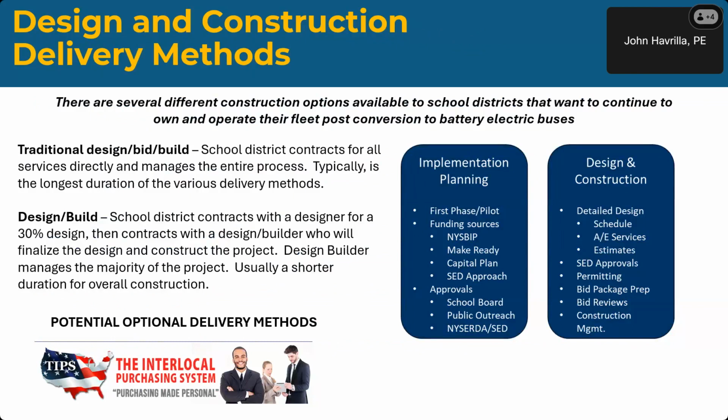Design and construction delivery methods. There are several different ways school districts can go from planning to implementation. Implementation planning: a lot of school districts are doing pilots. We're doing a 3-bus pilot for Sweet Home. We're doing that without upgrading utility service, and that's why it's also important to understand how much the existing service can feed. Funding sources, looking at what those are, approvals that you may need, and then design and construction, detailed design,